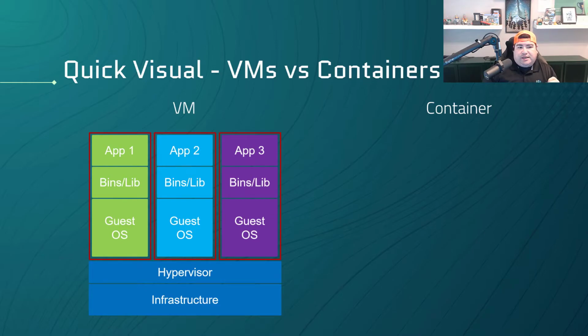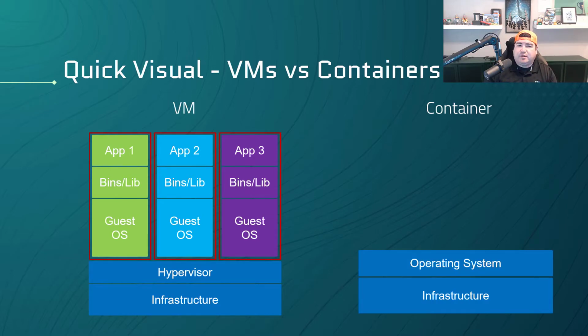Now let's move over to the container space. We start again with the same infrastructure, meaning all of our hosts, our network, our storage. Now we have an operating system rather than a hypervisor. And finally, we have another process that lives on top of this, which is our container runtime engine. In this instance, we're talking about containerd. So containers decouple applications from the underlying host infrastructure. That makes it easier to deploy these on different OS environments or even different clouds. Kubernetes supports multiple container runtimes: containerd, CRI-O, and any other implementation of the container runtime interface, CRI.